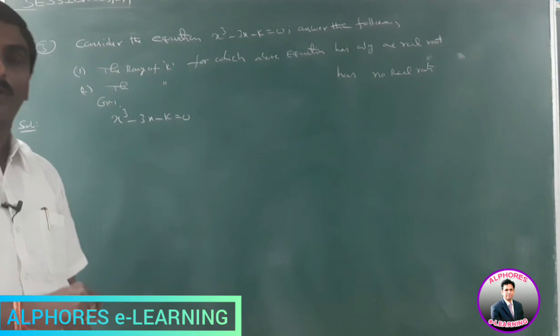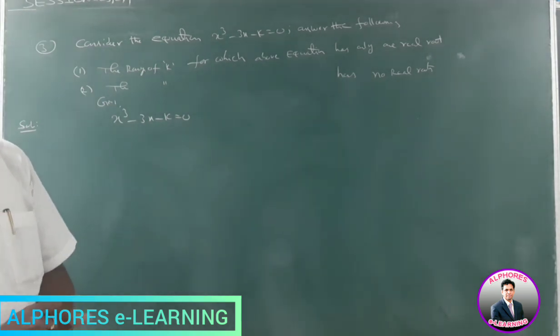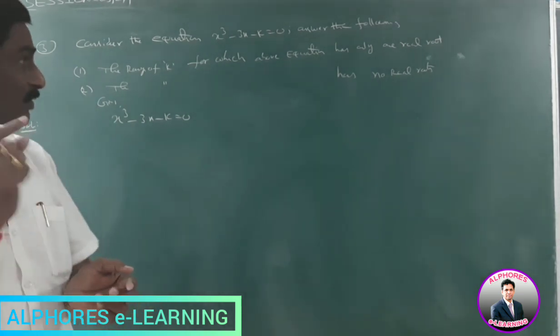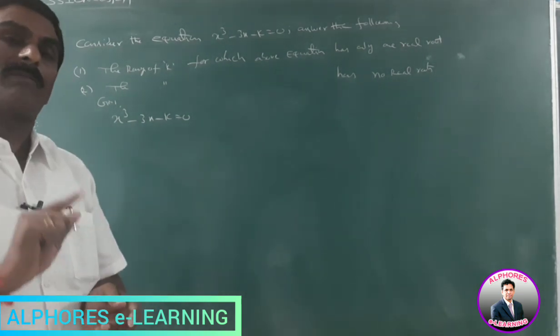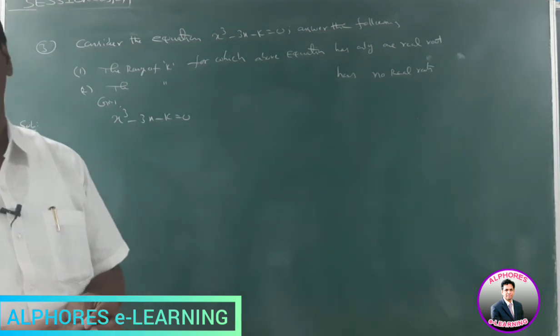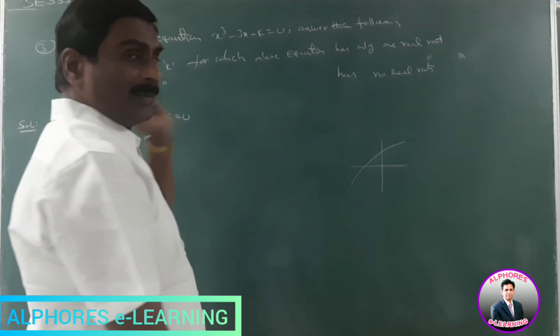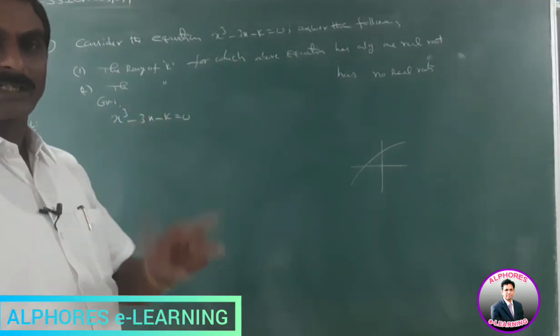For getting the nature of the roots, first we find f dash x. Suppose f dash x is greater than 0, that means delta less than 0, so f dash x is greater than 0 and f is strictly increasing. In that case, we get only one solution of the cubic equation: only one real root and two imaginary roots.